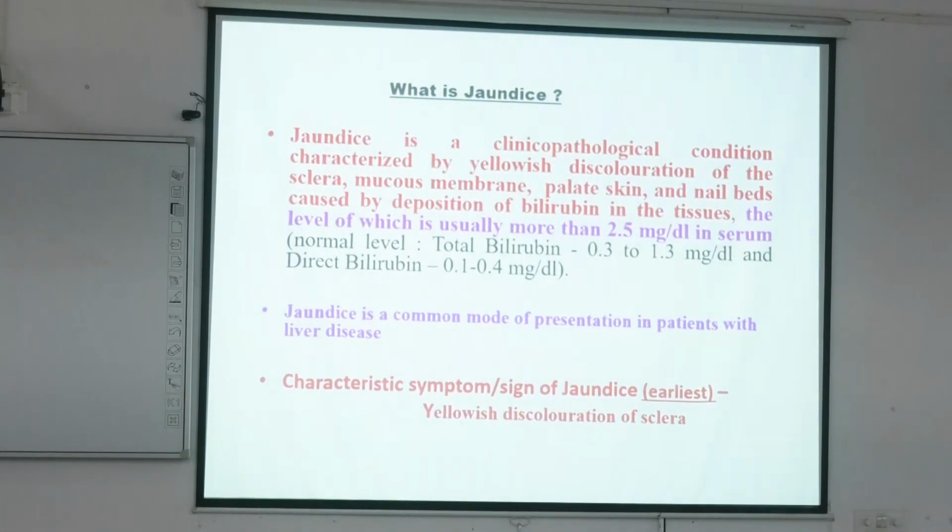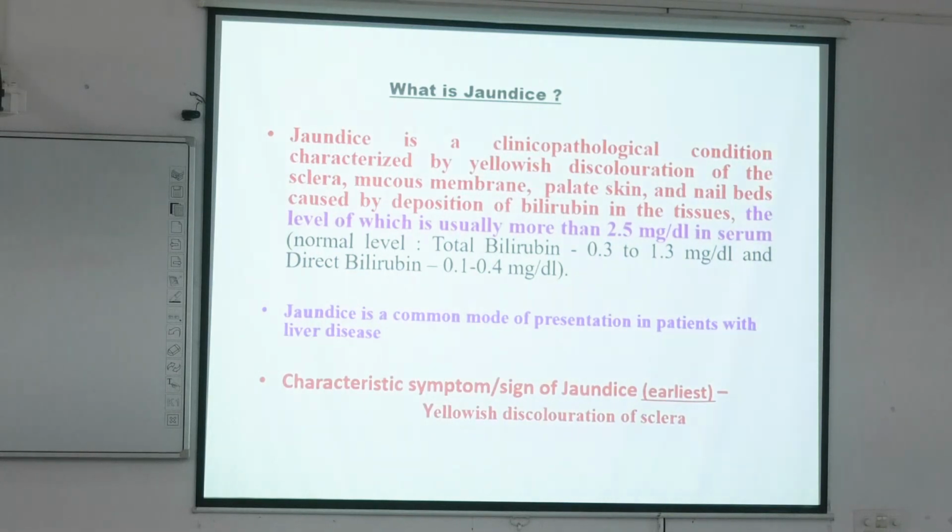So what is jaundice? Any increase of bilirubin will cause hyperbilirubinemia. There is no doubt about it. If it is more than the normal level, that is normobilirubinemia. Now if it is more than that, then this is called hyperbilirubinemia. Now all hyperbilirubinemia will not cause jaundice,